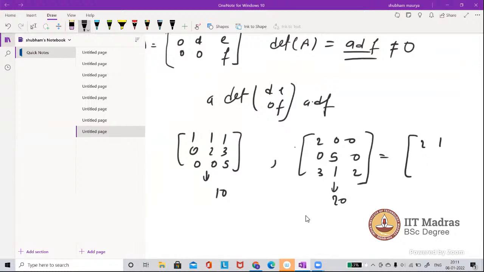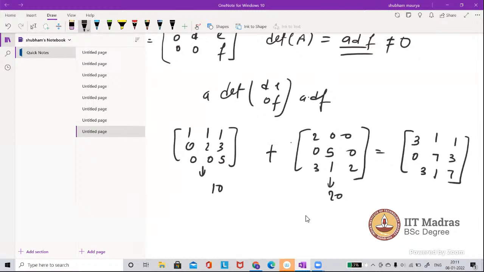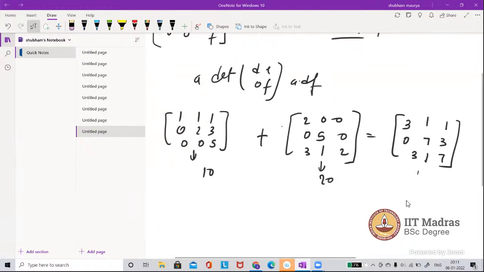the matrix will be 2, 1, 1. Here it will be 3, and this is 0. This is 7, and this is 3, and this is 3, 1, and this is 7 again. So after adding these matrices, we will get this matrix, and the determinant of this matrix will be,